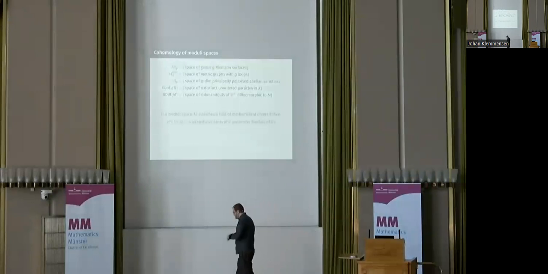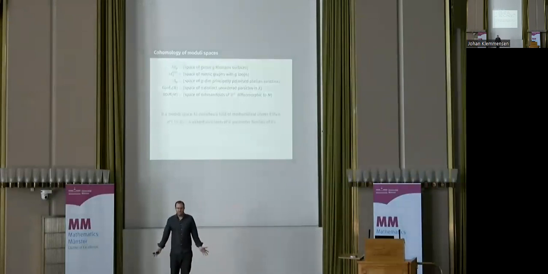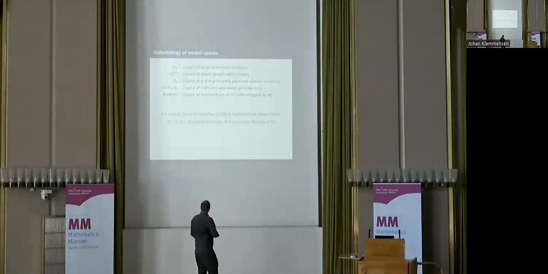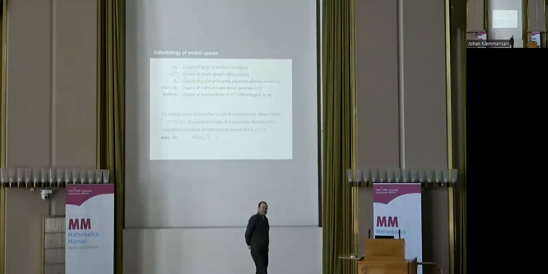And if a moduli space M classifies some kind of object X, then the cohomology of this moduli space is exactly just invariants of families of this kind of mathematical object. So more precisely, the d-th cohomology with coefficients in some abelian group A is just the A-valued invariants of d-parameter families of whatever we're studying. So this generalizes invariants of the objects themselves. So a zeroth cohomology class is just a deformation invariant number of objects in question.